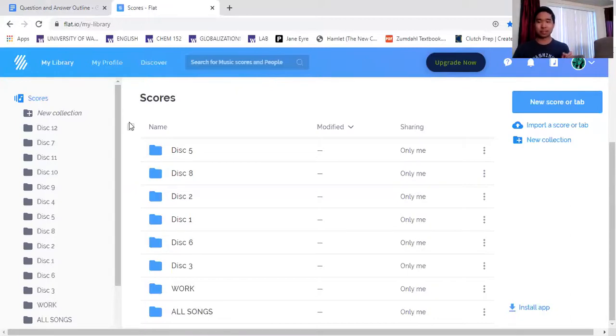A chapter is in a disc. There are 5 chapters in a disc, and with each chapter there are 3 songs. It's because of the capacity of songs if you don't upgrade to premium on flat.io. That, I am sure, will be